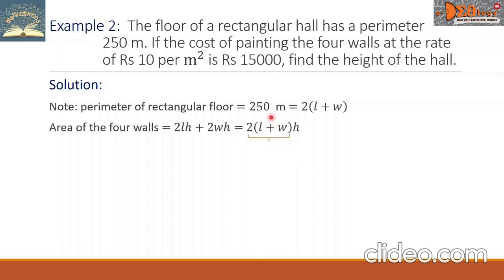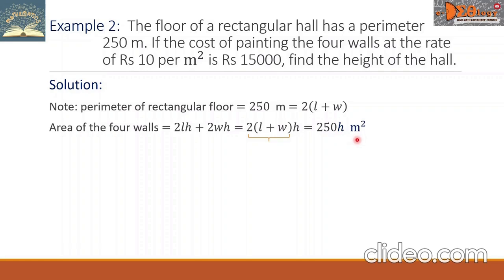We can substitute the value of perimeter for this portion. So we have 250 H. This is the area of the 4 walls. Since this is the area, we will write the unit of measurement as